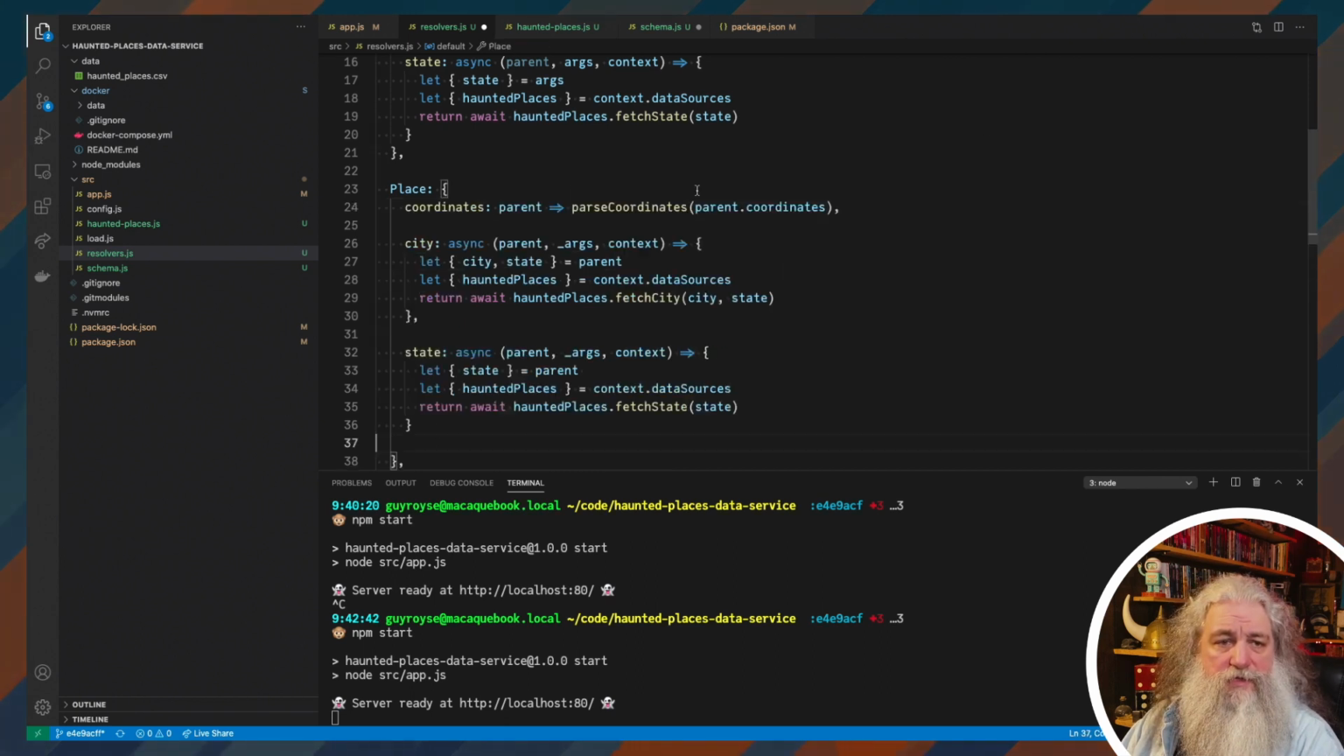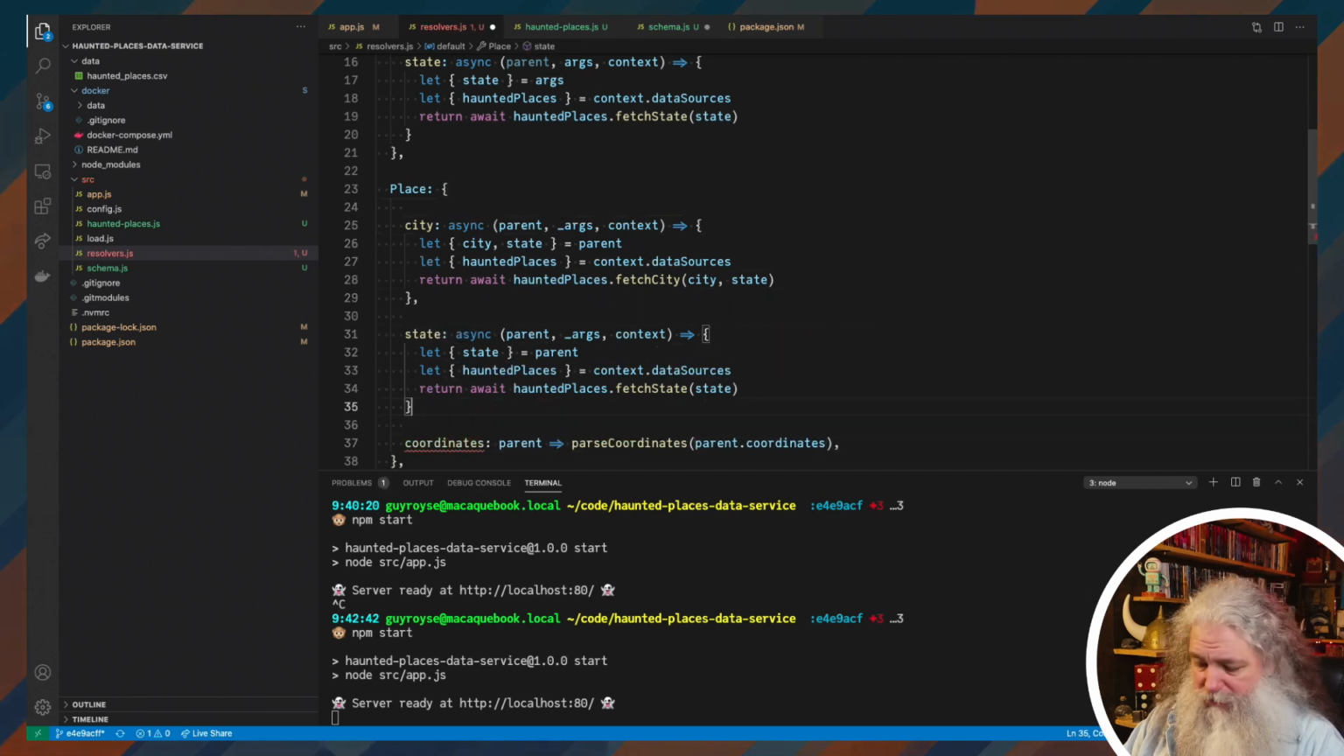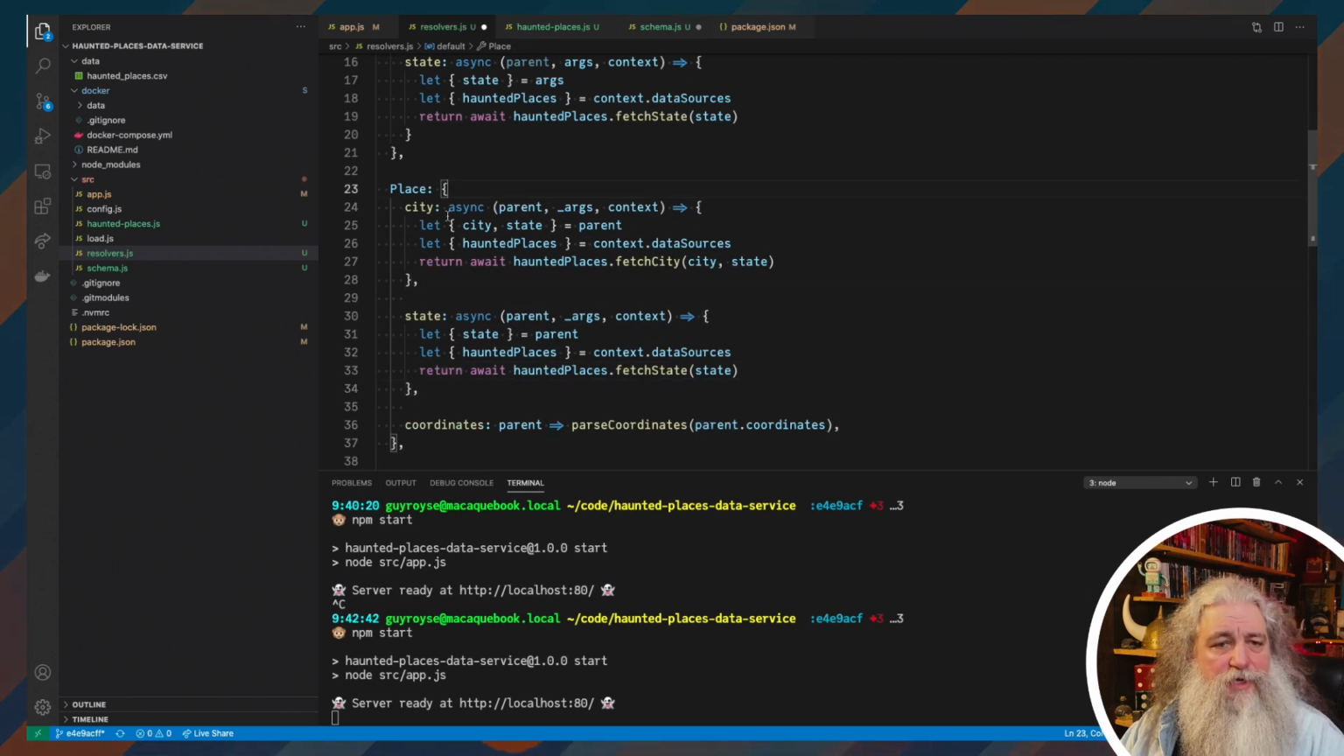So if I look at my place, you'll see that this is just the same code that we've been doing here. We'll go ahead and move the coordinates down here so it's in the same order as everything else. Put the comma there. I mistyped a 41 there. It would have been much better if that was a 42. So here we're doing the city, and we're getting the city and state from the parent, just like we did